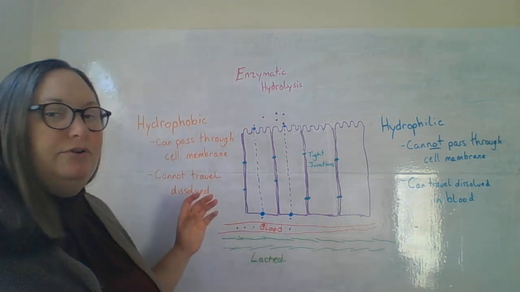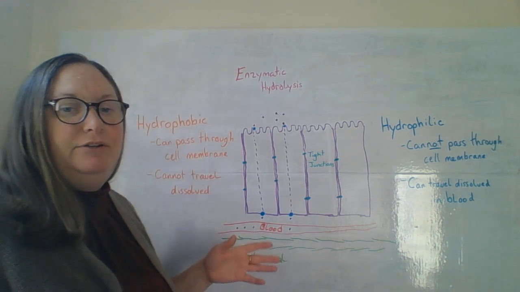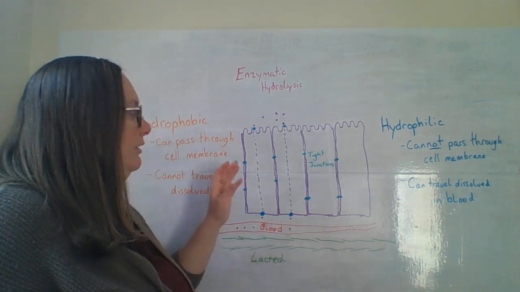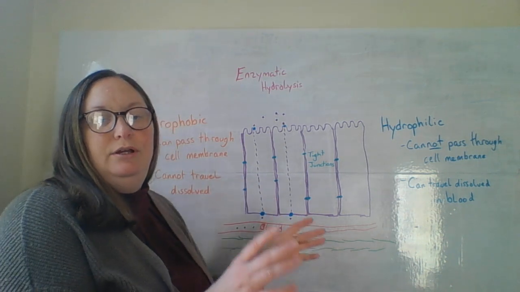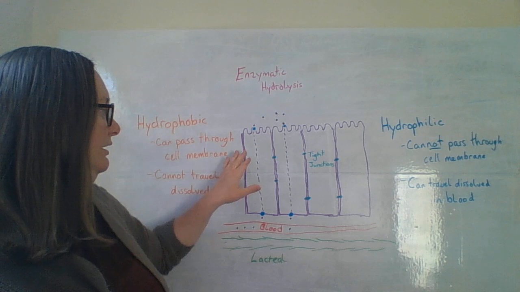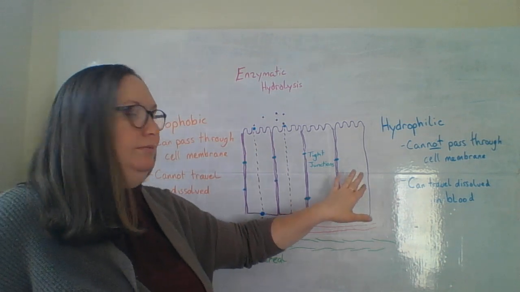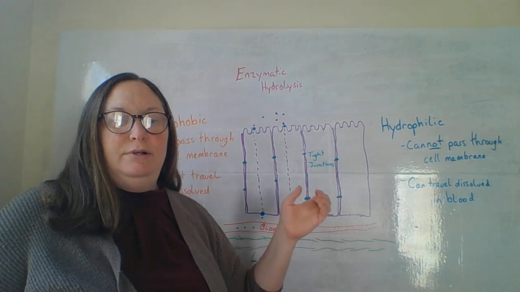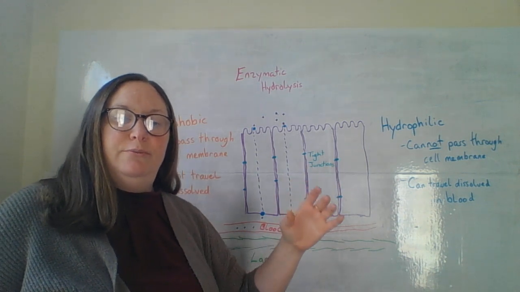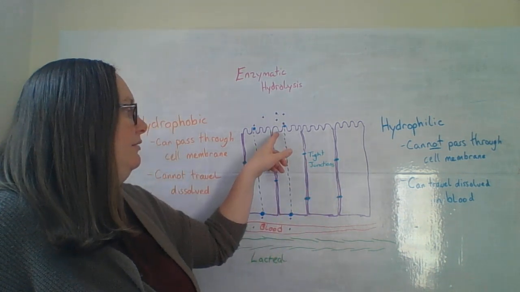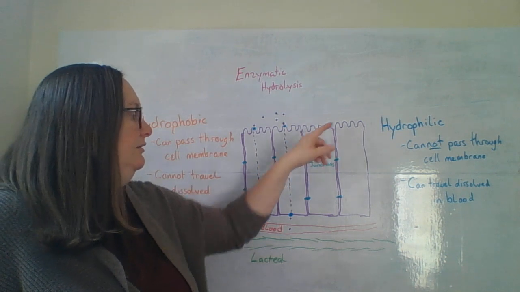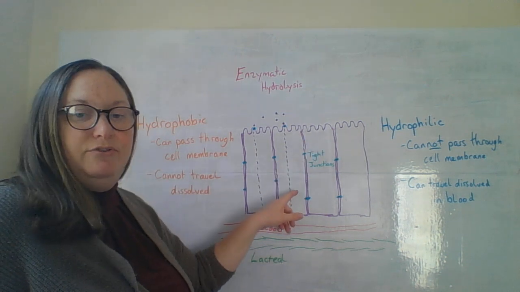All right, so how is this going to work? What do we need to know here? What I want you guys to know going into absorption is simple columnar epithelium is what is lining the lumen of the small intestine. Remember, we have that brush border, the microvilli. We have tight junctions in between